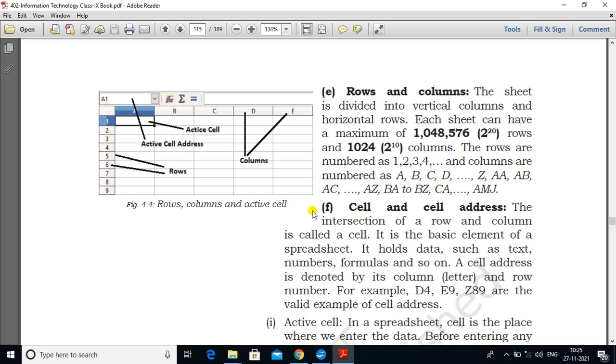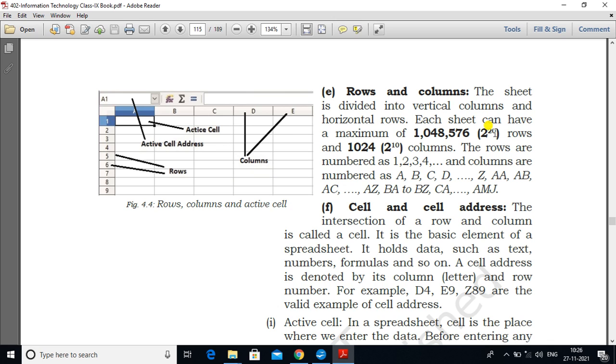So here each sheet has a maximum of 2 to the power 20 rows. Any sheet displayed in your window, sheet 1, also has 2 to the power 20 rows, that is 10,48,576 rows, okay, and 1024 columns, that is 2 to the power 10 columns, okay.